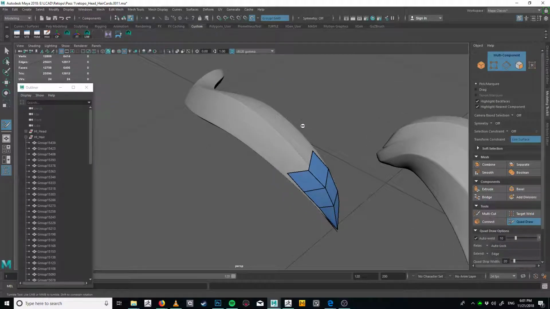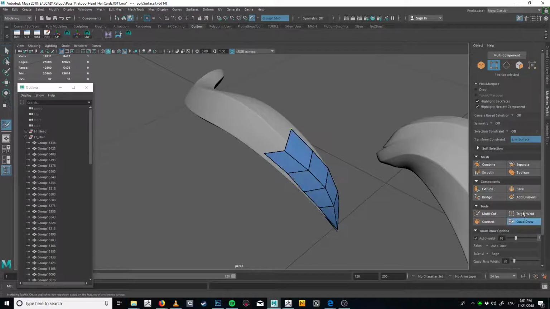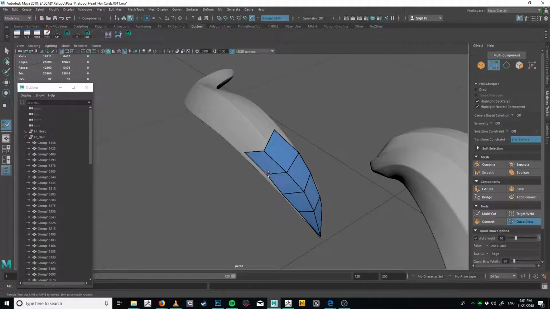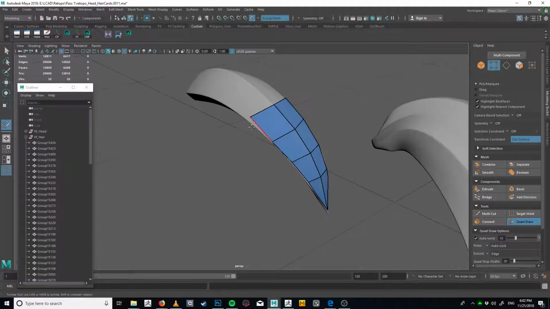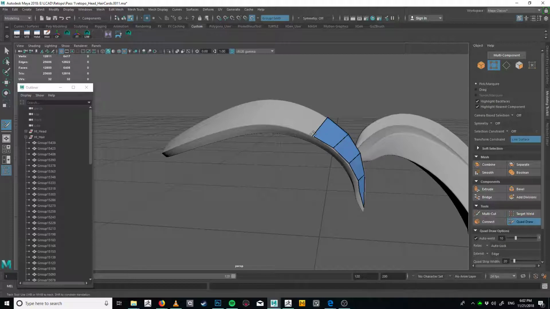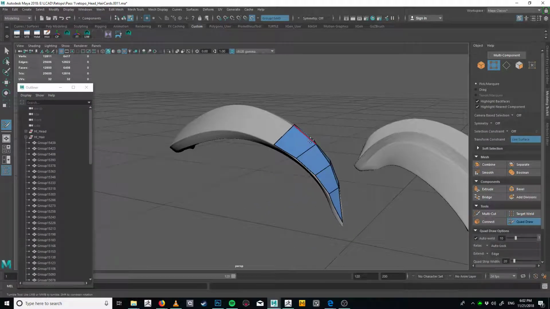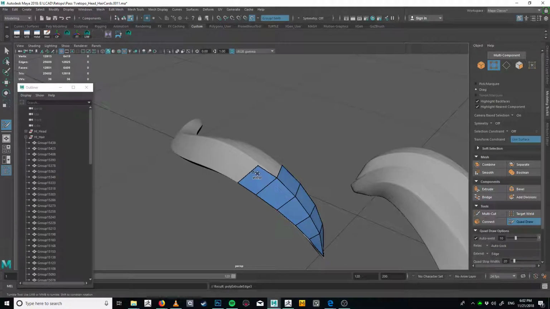And I'm just gonna tab move these around. Oops. Instead of drawing the quads out. And once I get something, I'm gonna straighten this out just so that if I simulate this or if I have some sort of a joint system that controls it, it'll deform a little bit more as I expect it to, because then the edge loops are all straight. And then I'm gonna go back and this